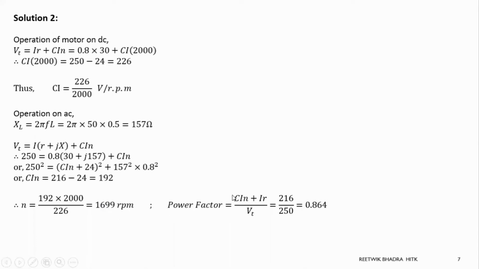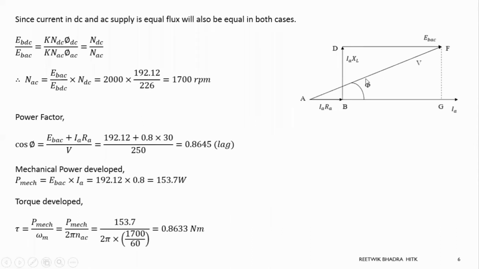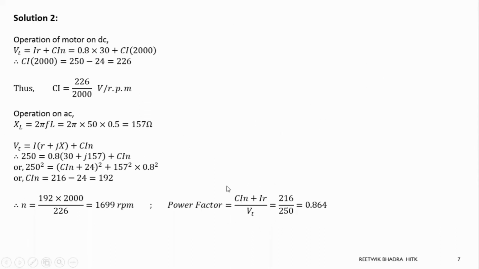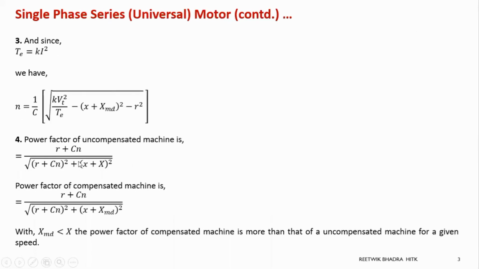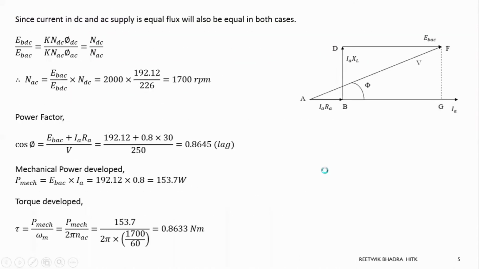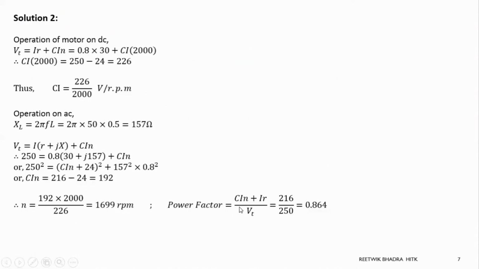What is the power factor? This is a general formula we have derived. If you don't remember your phasor diagram, you can use this general formula, or you can use the general formula which you have written over here, R by Z. This was one formula which you have derived. You can use this formula also. Whatever values you have got, use those. Using those values, you have to think which formula is applicable.